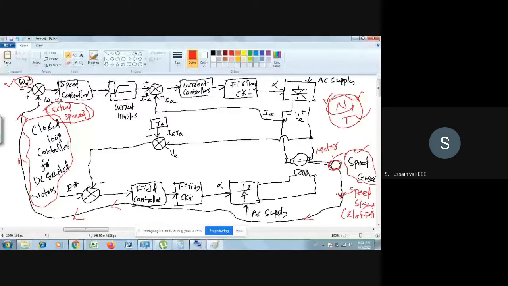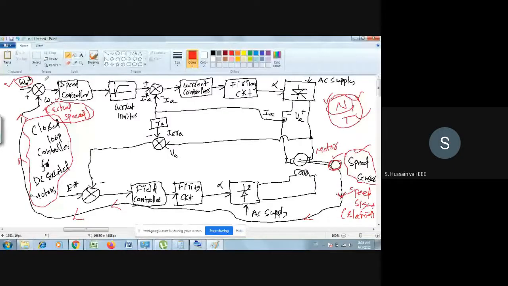Whenever there is an error, as I told you already, since you are sensing the speed and the error is also speed, the controller after the error detector is called the speed controller. The controller is very common; only the naming is different. So here you are comparing the speed, so it is the speed control. After the speed control, what do you find? The current limiter. Just like you have seen in the previous block diagram. What is the previous block diagram?